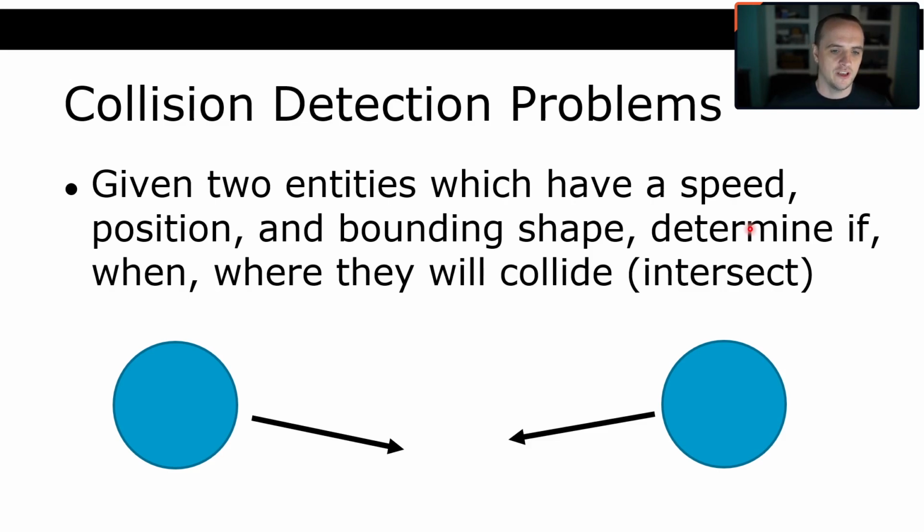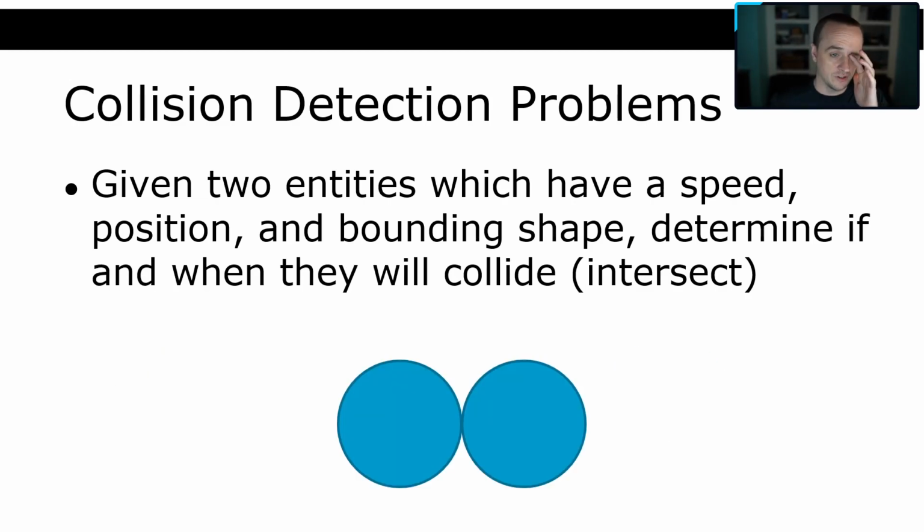So the first one is, let's say we have a circle down here and a circle over here, and they're moving toward each other. Given two entities which have a speed or velocity, position, and bounding shape, determine if and when they're going to collide or intersect. Now, the when part of this and the where part of this is a little bit out of scope for